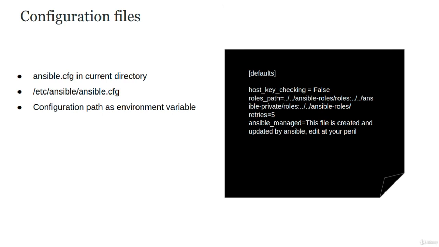Configuration file is a file which can override the default behavior of Ansible. Ansible starts looking for this file from the top. For example, at the beginning it looks for ansible.cfg located in the current directory. If this file does not exist, it starts to look for the default Ansible configuration file located at /etc/ansible/ansible.cfg, and